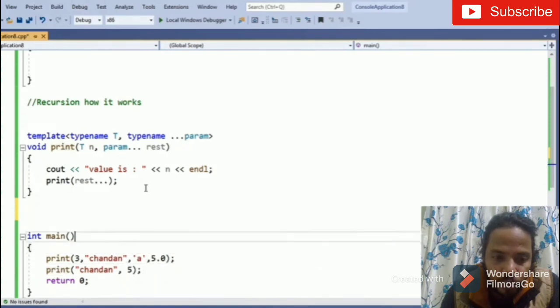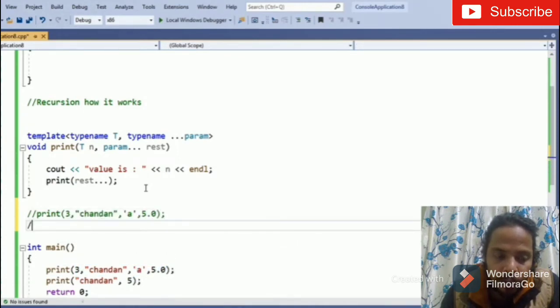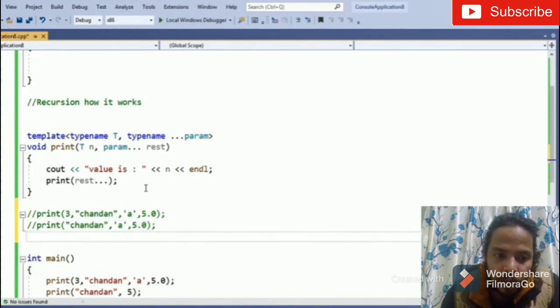These are the two functions which I provided here. Let's say the call went to print with the arguments 3, Chandan, A and 5.0. Then the recursive call went to print, and it printed the value 3, and after printing it called the print function again with the remaining arguments, which we call the rest arguments.